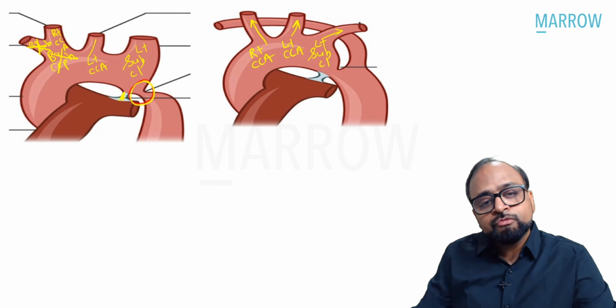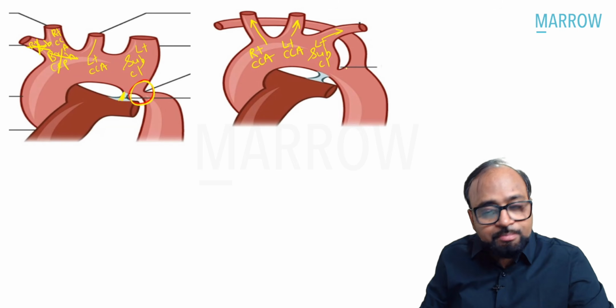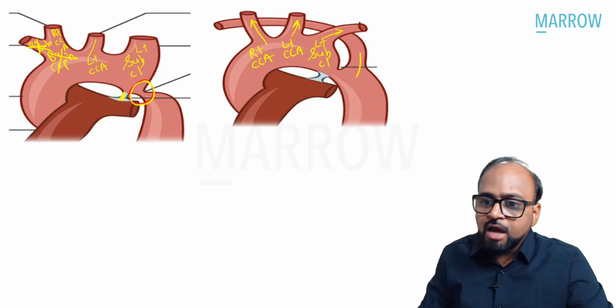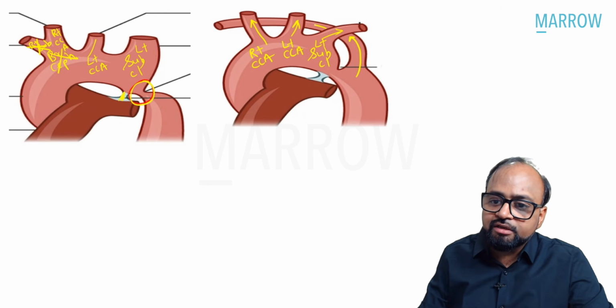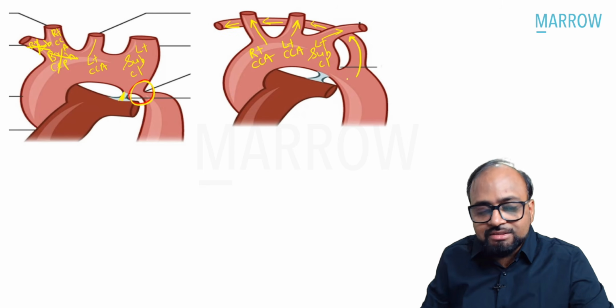So then there is an aberrant course or an abnormal course of the right subclavian artery which arises distal to the left subclavian artery, arches behind these arterial branches, goes behind the trachea,